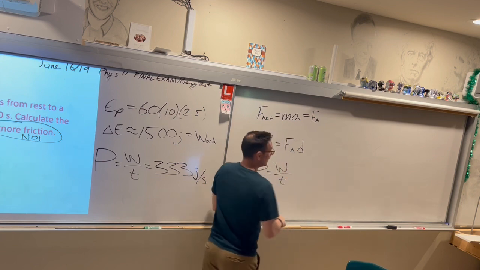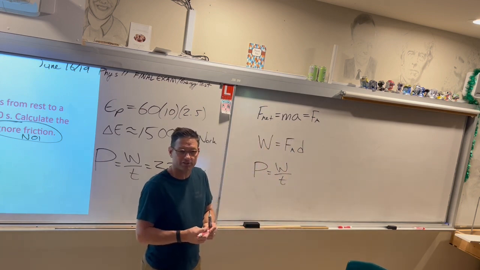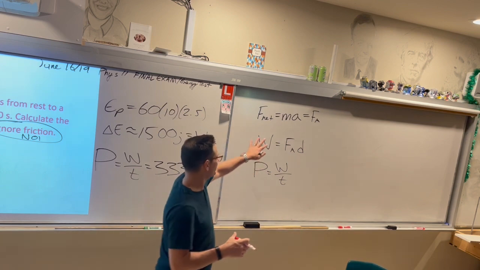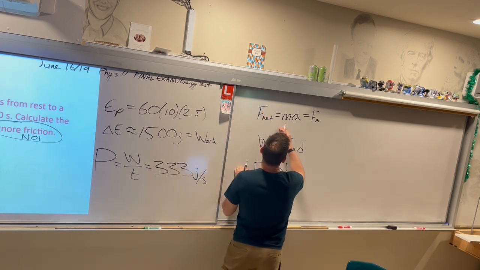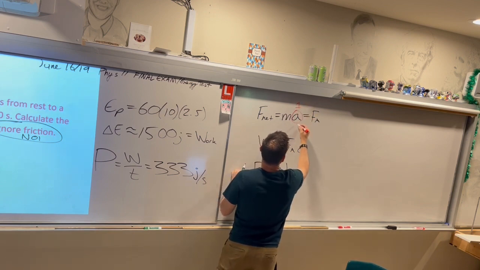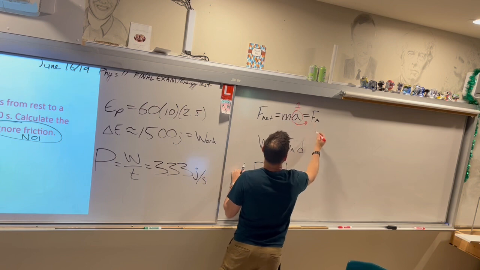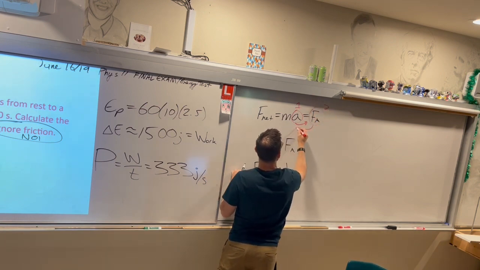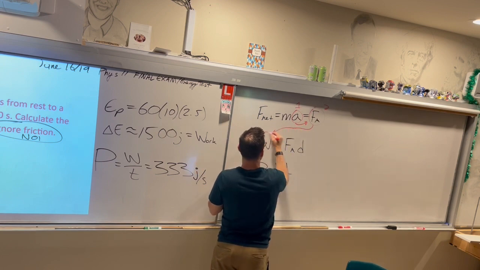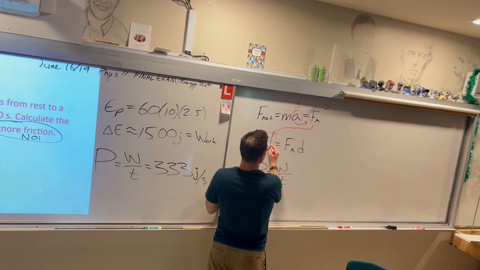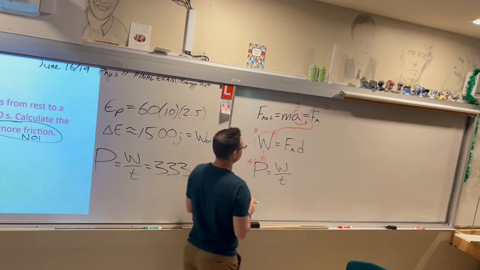So, I encourage you to do this. If you get a question like this and you don't see it all at once, do this part first. You're going to find acceleration first, and then use that to find the applied force, and then use that to find the work. Well, I guess you have to get the distance from the side. That's 3, and then you use the work to find power. That's 4, and then you're done.